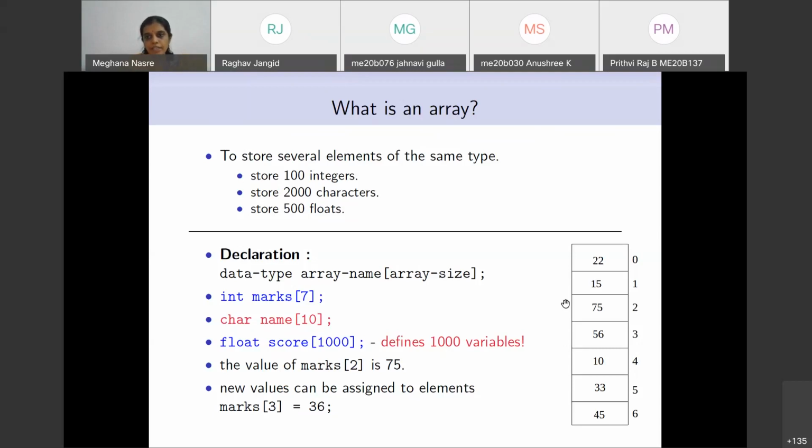The further previous index is at -2, and so on. So you can have negative indices, but at the moment, everything should start with 0 and have a positive value. Does that answer your question? Yes, ma'am. So when we come to pointers, we will be able to use negative values.